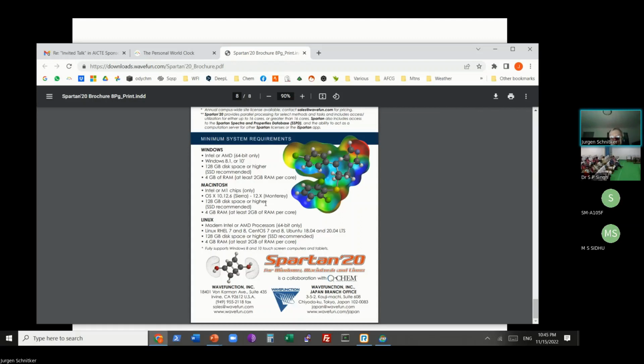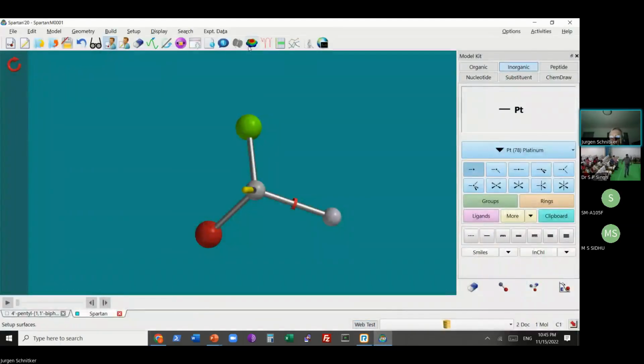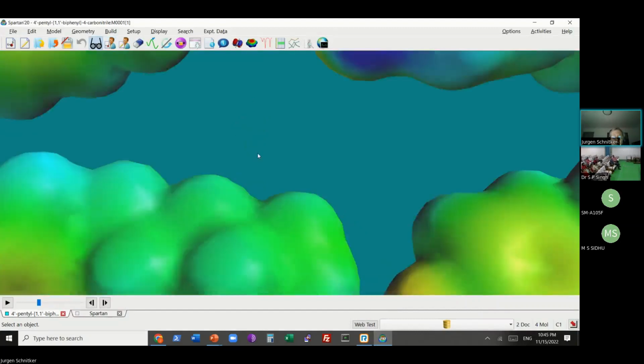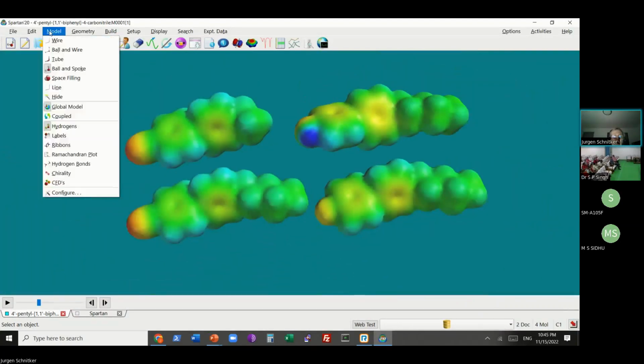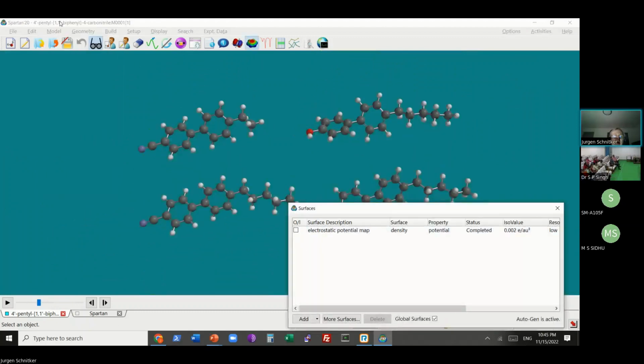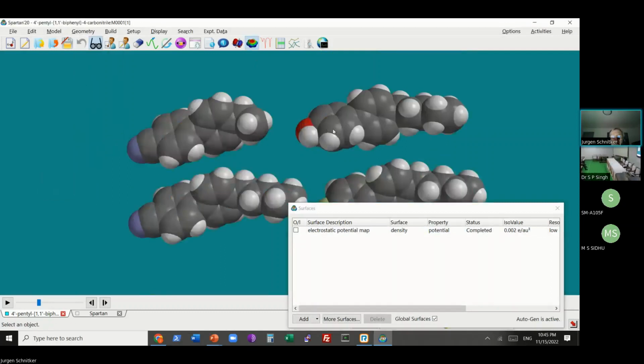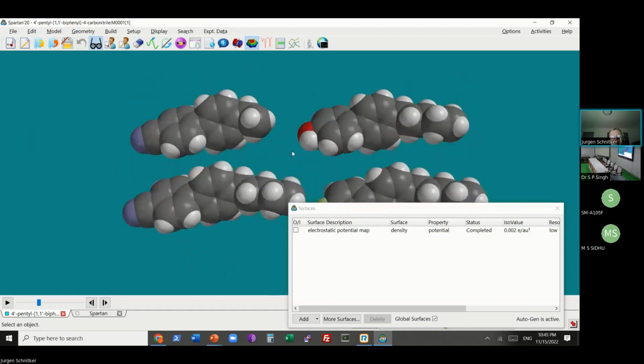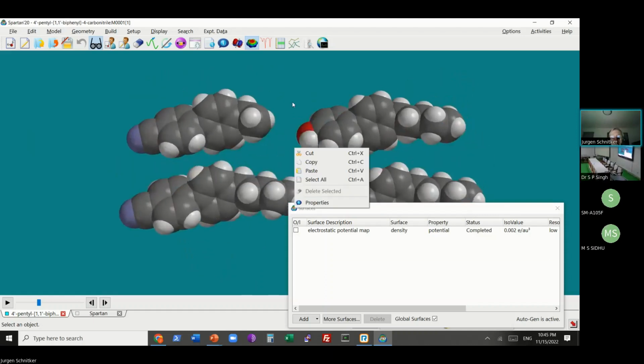The more the better, but if you don't want to run huge systems, you don't need huge amounts of memory. Graphics card: the graphics, if I go back here to my example, if I turn off my surfaces and put it on space filling, I can rotate all of them at once too. So here they are now. About how many atoms are there on the screen?